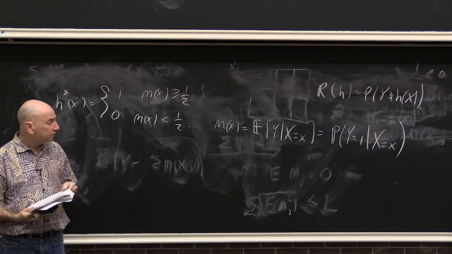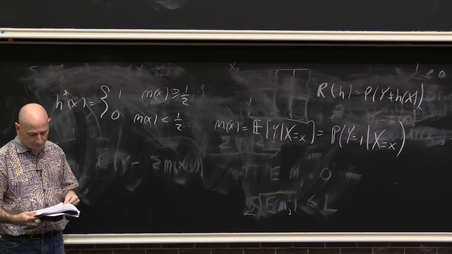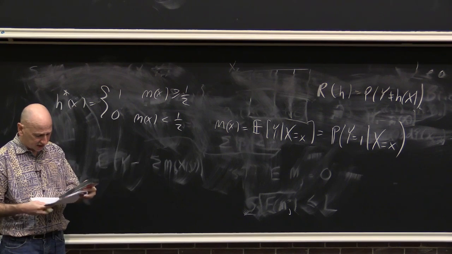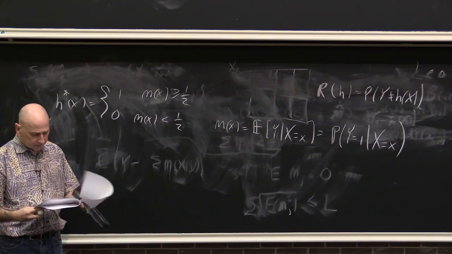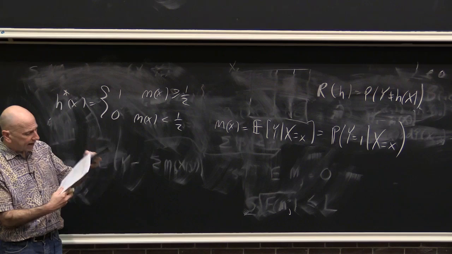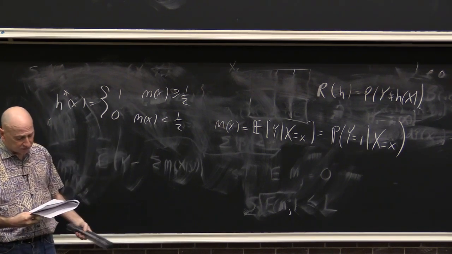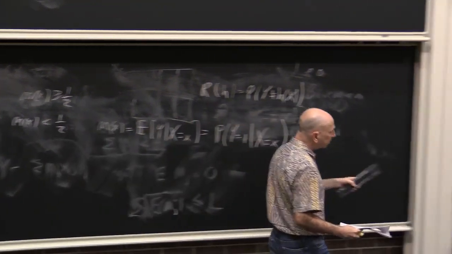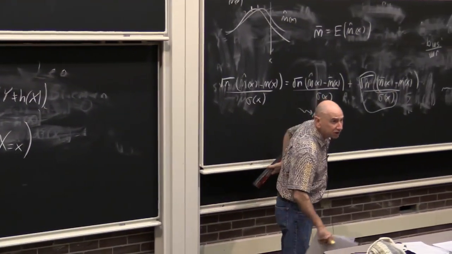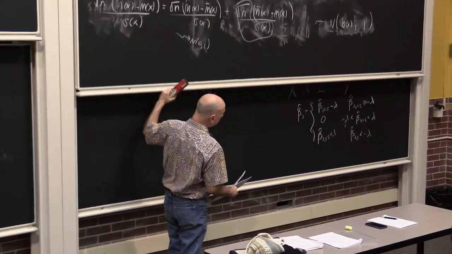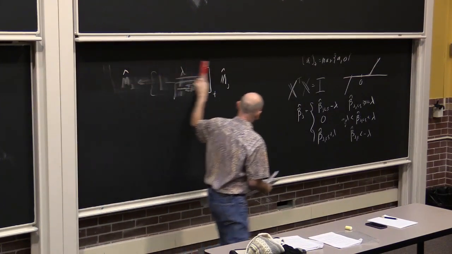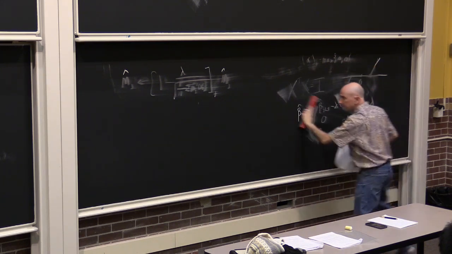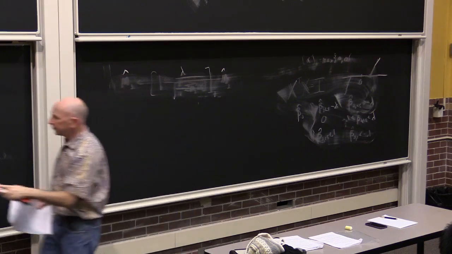You should all have seen the proof that this is optimal, and if you haven't, it's there for you on page 3 and 4, so you should go through it if you've forgotten it, just because it's such a standard thing. And I also want to remind you of another critical fact, which is there for you to review if you've forgotten it, which is how does the risk of regression and the risk of classification relate? Given this form,